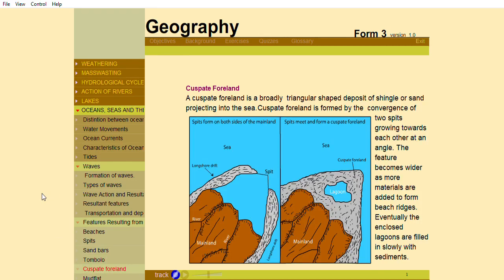Cuspate forelands. A cuspate foreland is a broadly triangular-shaped deposit of shingle or sand projecting into the sea. A cuspate